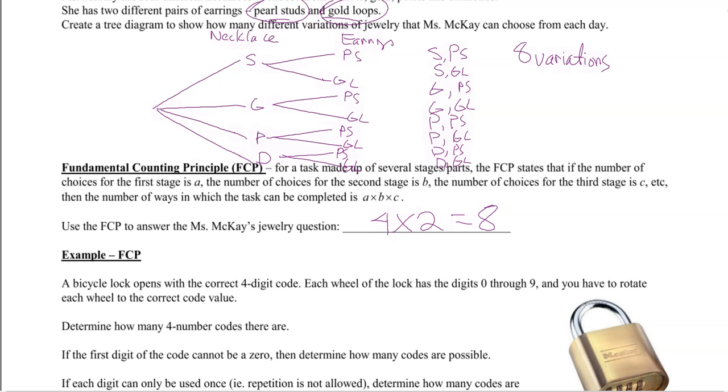So the fundamental counting principle will give us the number of ways something can be done without necessarily listing each